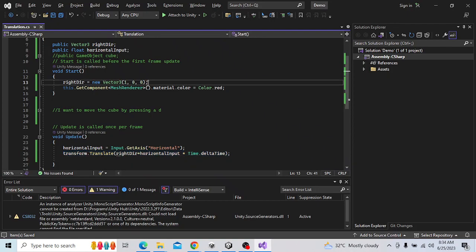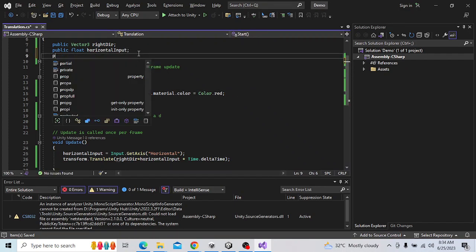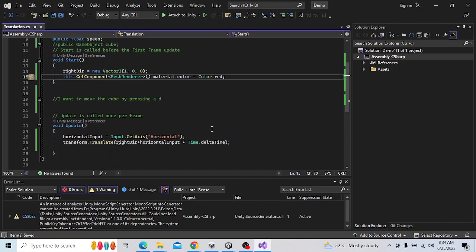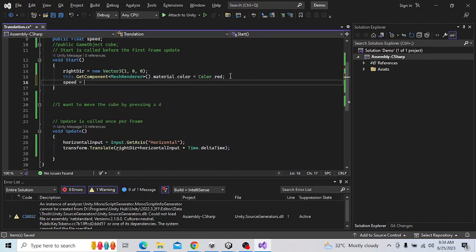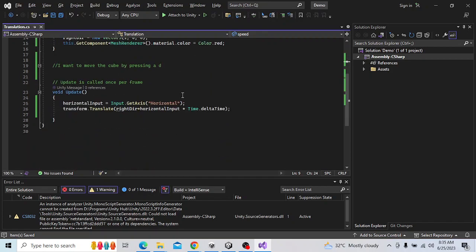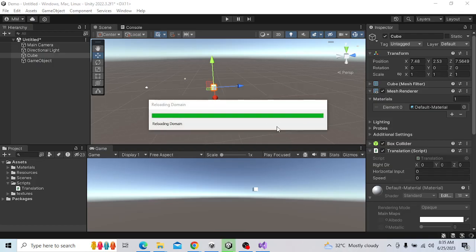One last thing that I'm going to do over here is create one last float variable, and call this public float speed. And we're going to set the speed to, so we can either set the speed over here to about 5, or what we could do is, since this is a public variable, we can also change this value in the inspector. So we're going to multiply this with speed as well, and when we go back to our inspector over here,